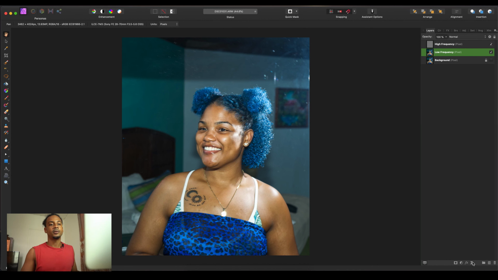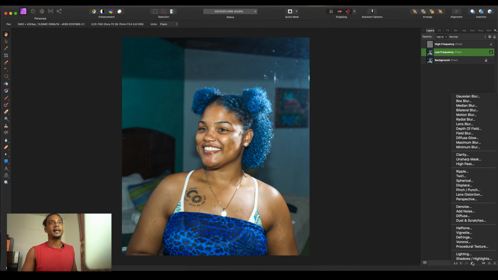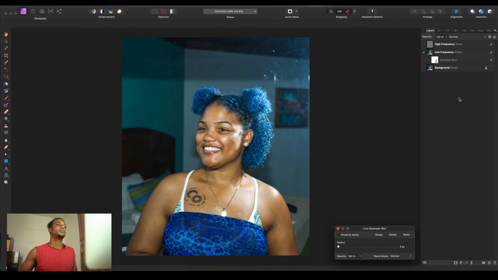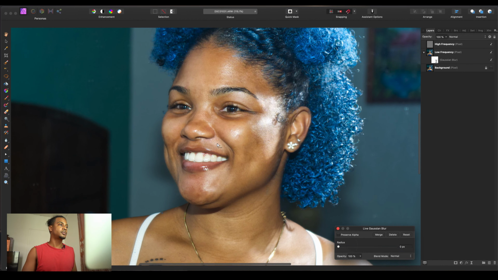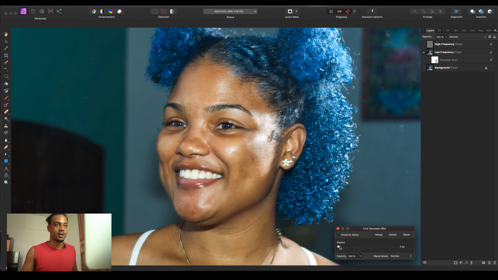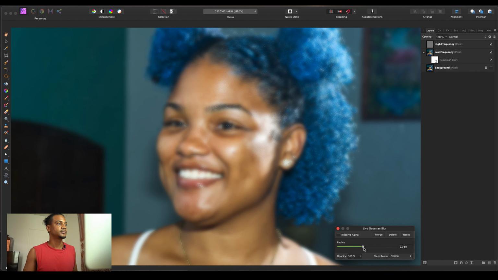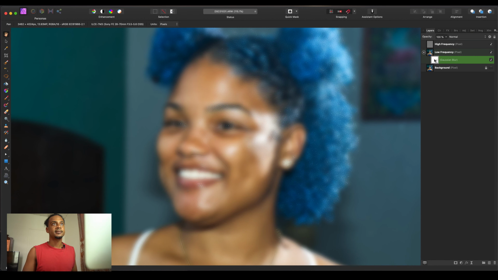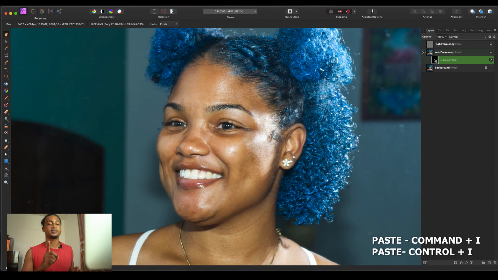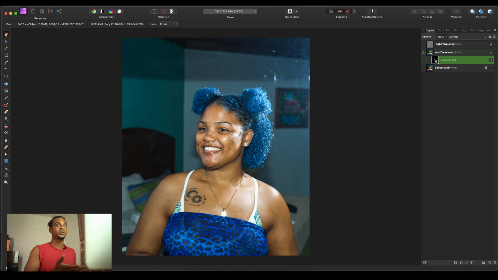Highlighting the low frequency, go on down to the live filter, scroll up to Gaussian Blur. I'm going to zoom in a little bit more. In the radius of the live Gaussian Blur, just turn it up to where you see fewer blemishes on her face. I think that's good. Yes, that's good. Highlight the Gaussian Blur, press Command I to invert the Gaussian Blur, Command 0 to zoom out, go on up